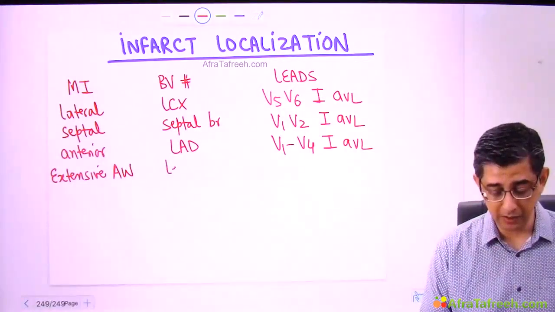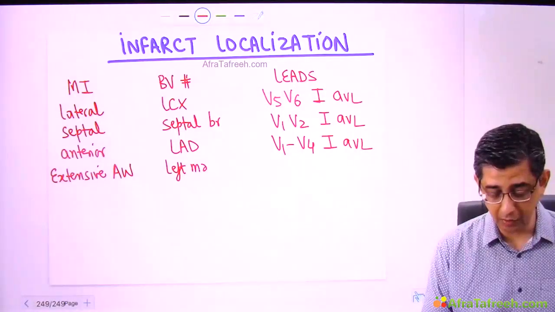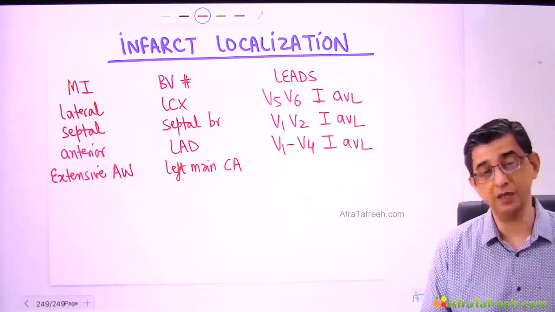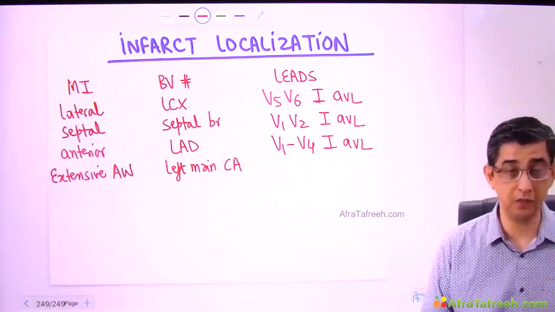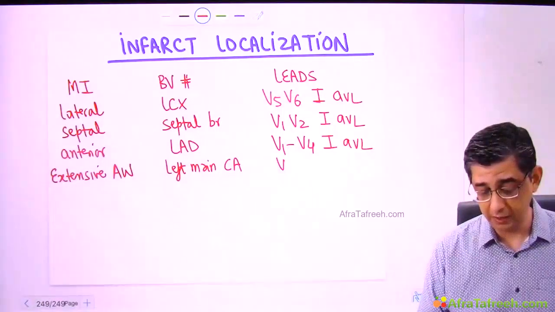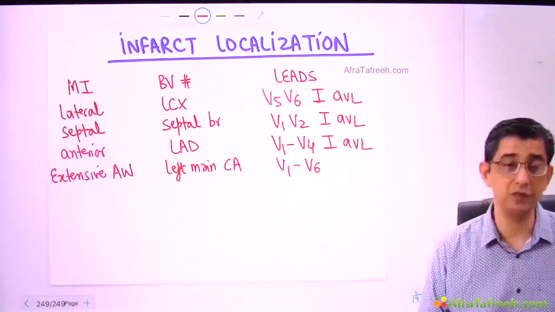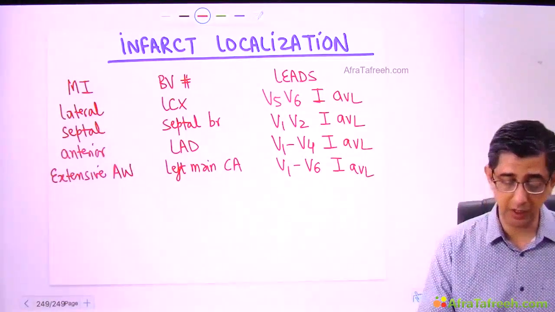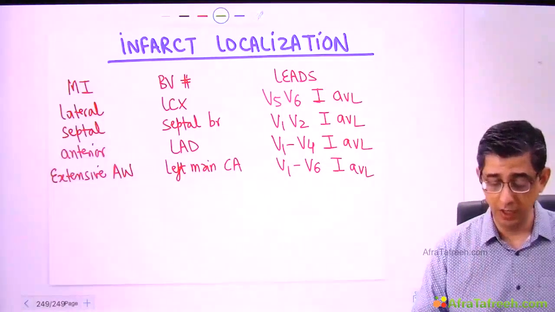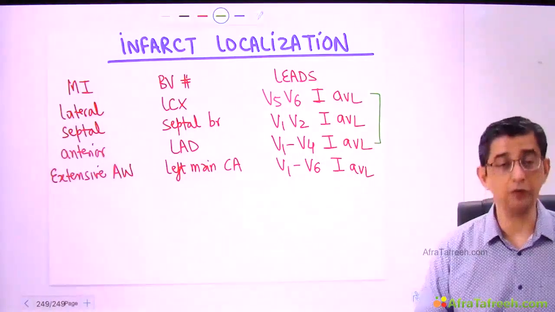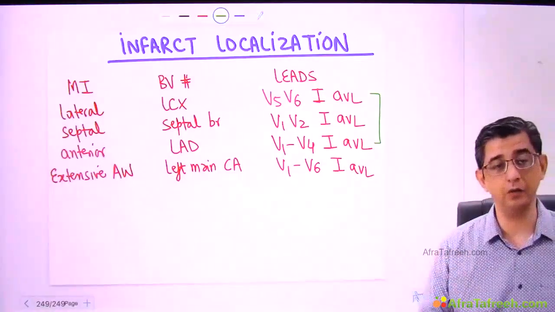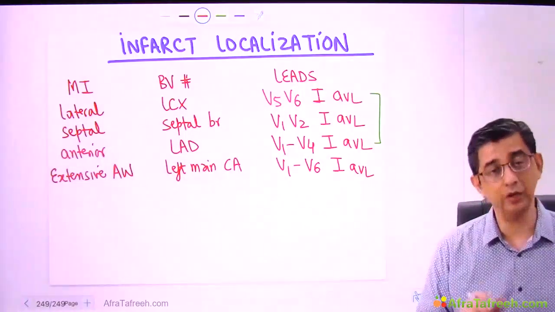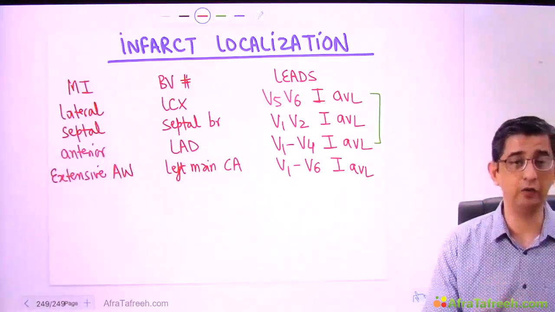Then the blood vessel that is getting involved here is the left main coronary artery, and because the thrombus will be fairly extensive and a large amount of cardiac muscle will be involved, findings will be seen from all the electrodes, that is V1 to V6, 1 and aVL. And how to remember this information? If you add the top three, lateral plus septal plus anterior wall, it becomes extensive anterior wall MI. So do take care whether in the question he has mentioned the word anterior wall or extensive anterior wall MI.